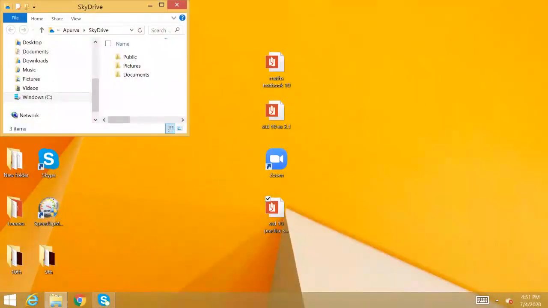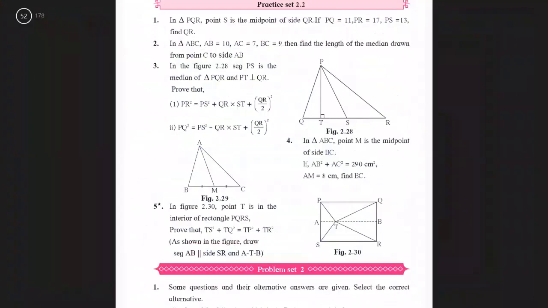Okay. So with that, we finish with question number 5 of this exercise 2.2. So we finished with exercises 2.1 and 2.2. Children, you want to complete this, revise through it properly, so that in the next session when we start with problem set 2, you shouldn't be having any difficulty.